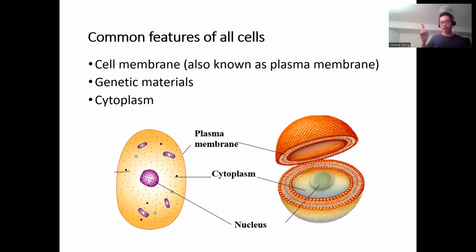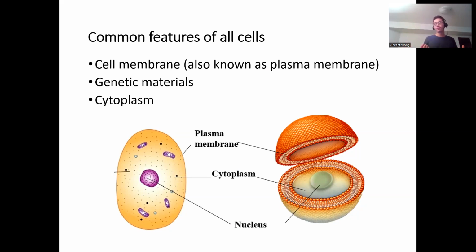I'm going to ask you this later, so make a mental note. First common feature, cell membrane. Number 2, all cells are going to have some kind of genetic material. We are familiar with DNA and RNA, right? Those have hereditary properties. When a cell divides, it passes on that genetic material to the next generation. And finally, inside the cell, it has this